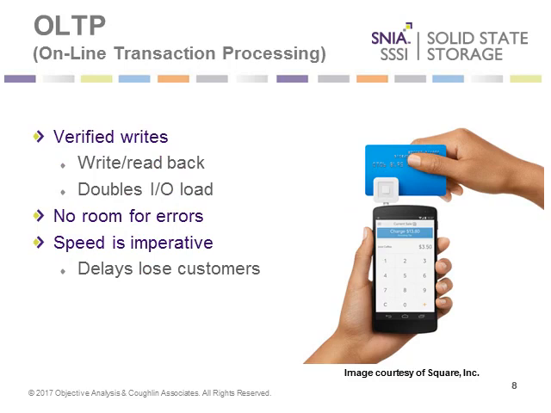Moving into the next application that we looked at here, online transaction processing. This would be, for instance, as you see from the figure at the right, selling things. If you're going to do that accurately, you need to verify rights. You need to do a read back after write to do that verification. And so in a sense, you're doing a double operation here with every transaction. So you have a double I/O load, input-output load. And there's no room for errors. You want to make sure that you're transferring $1 rather than $1 million for a particular transaction.